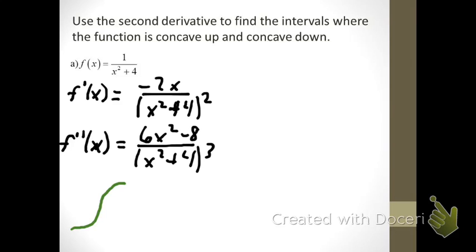We would want to find out where that occurs, or maybe it's something where the graph changes from concave down to concave up. We need to know where a point of inflection would be in order to find those two things. Or, of course, anytime you have a vertical asymptote,